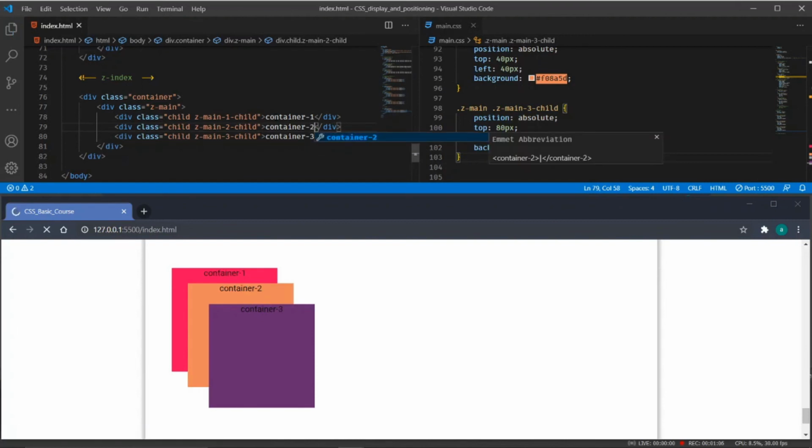As you can see, container 1 is at the lowest, then the middle one is container 2, and then container 3. Suppose I want container 1 to be at the top, at the place of container 3, and container 3 to be at the place of container 1.